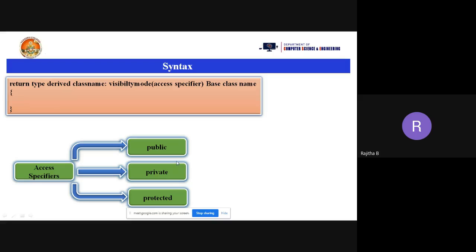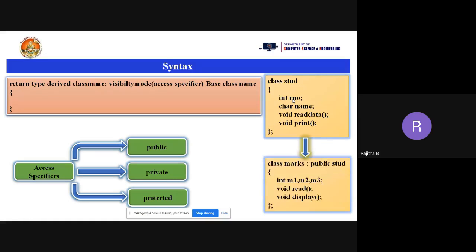Now how to take the syntax's actual part. See this one. I'm taking a class here, class stud, and we have roll number and name, and we have a read function and a print function. Now I want to use these properties of the stud class in another class. Suppose I'm taking the marks class here. Class marks. So what is marks here? It is a derived class name followed by the colon symbol.